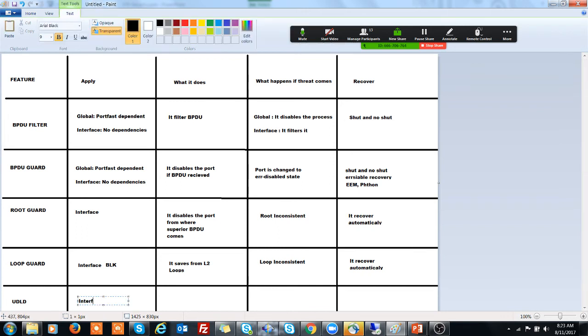Again, it's applied on an interface basis and it must be implemented everywhere, on every port. What it does is save from L1 loops. It will put that port into the error disable state.